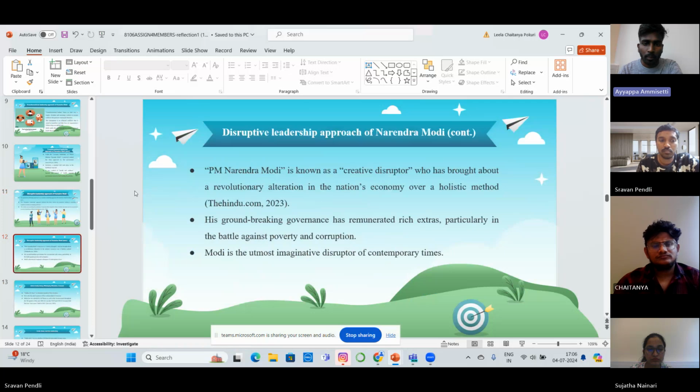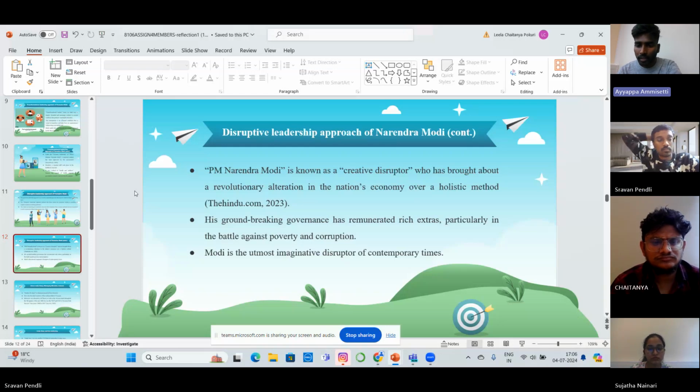Next slide. Disruptive leadership approach of Narendra Modi. All the barriers that are seen now, which made the world turn towards India for a resolution, are a consequence of the disruptions that were carried about. He also directed the advancement of digital technology that helped recover clarity, checking and outlining India's answer to COVID-19 pandemic management. PM Modi could be called a disruptive leader as he was the one who proved himself worthy and fit for team leadership in a time of disruption. Can you go to the next slide, Chaitanya?